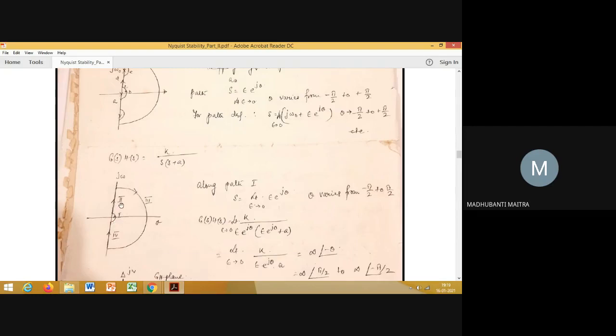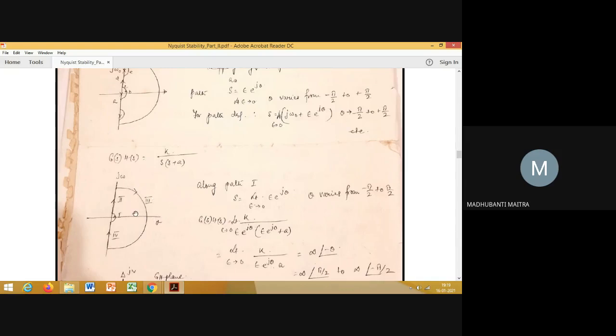যদিও এটাকে path 1 এটাকে path 2 বললে কিছু এসে যায় না, but still we should follow that particular convention, and when omega is varying from 0 plus to infinity, that particular path should be labeled as path 1. Anyway,